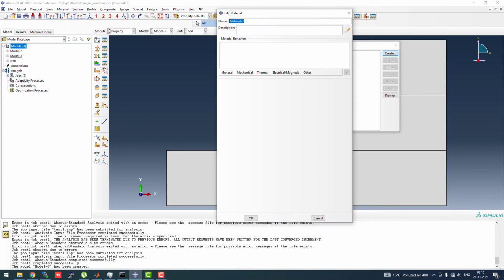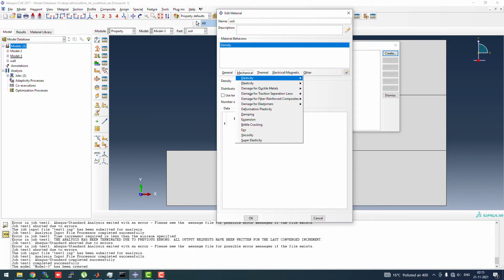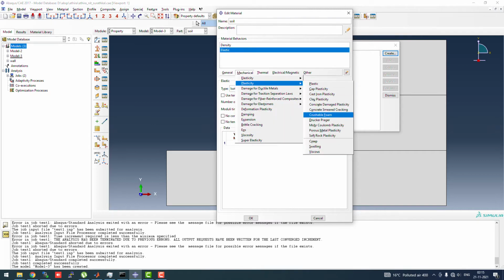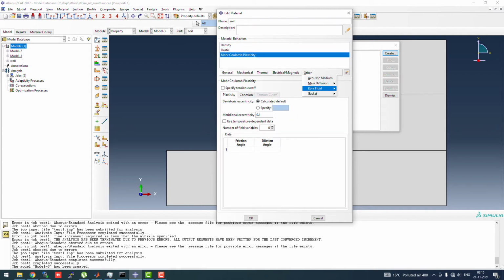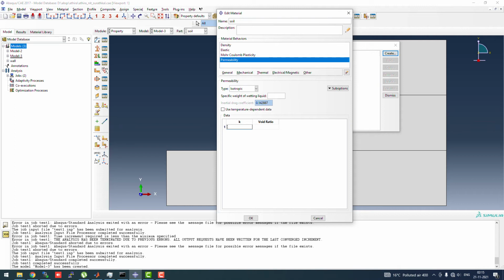We'll create a material called soil, because that's what we want to create for this section, assuming an embankment of soil. We'll add density, elasticity, Mohr-Coulomb plasticity, and permeability based on, let's say, a kind of sandy soil.